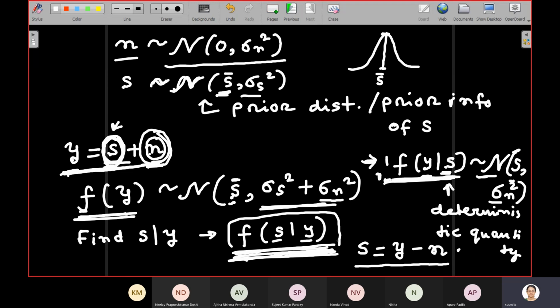So do you understand why it is not possible? This is not possible because Y and N are not independent. So given Y, you cannot say N can take any value. You cannot say that Y is deterministic and N is the only random variable, so we can follow the previous approach. That's not possible. Y is given, meaning N cannot take any value.